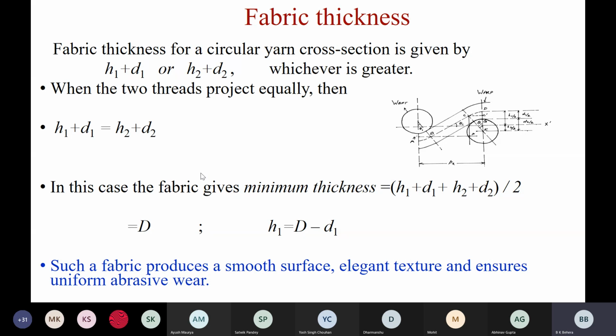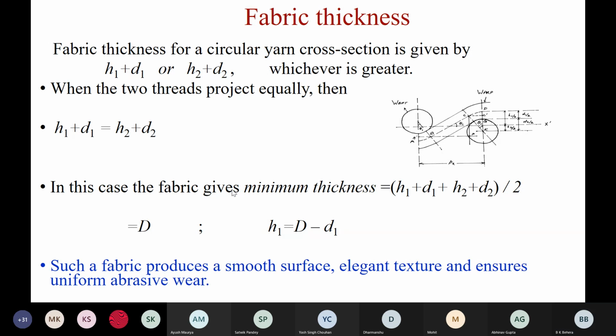There are some technical textiles where we use these textile structures for rubbing material. We want to rub off some surface using this fabric. We have to make the surface very uneven. Then we have to design or engineer the fabric in such a manner that the sum of H1 plus D1 and the sum of H2 plus D2 should be quite far apart. The more difference you find in these two sums, the more abrasion resistant the fabric will be. So this is how this concept is used in fabric engineering.